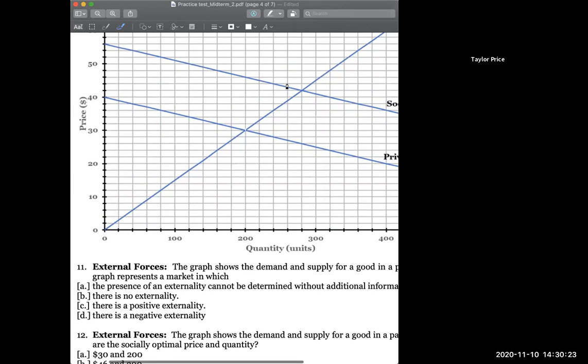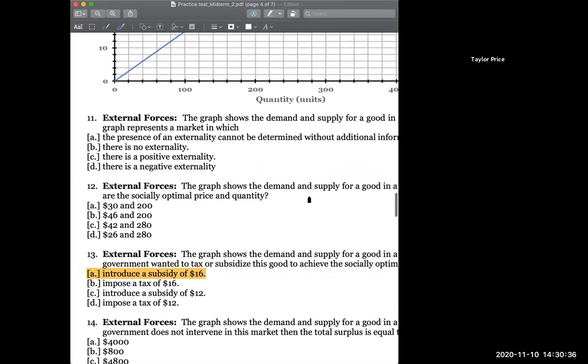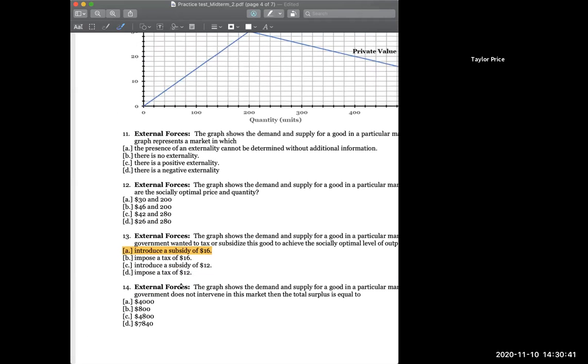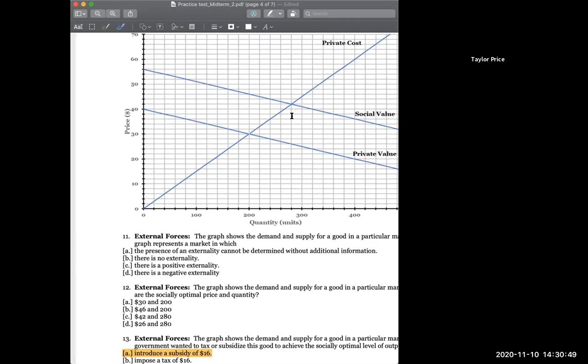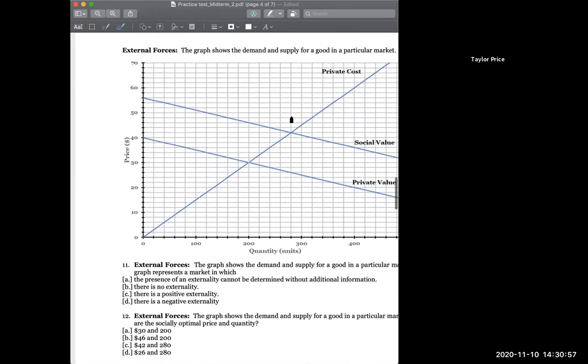By increasing the quantity sold, you're moving up $12, but because this doesn't actually give you the full difference, it's like introduce a subsidy of 16 or 12. You always want to try to get the highest quantity consumed possible for a social good, which is why in this case it would be 16 and not 12,